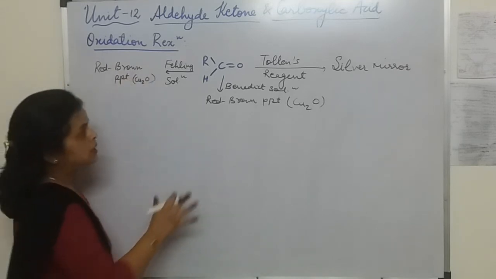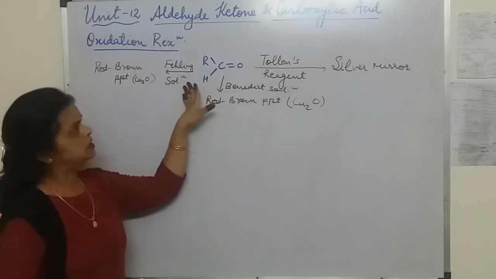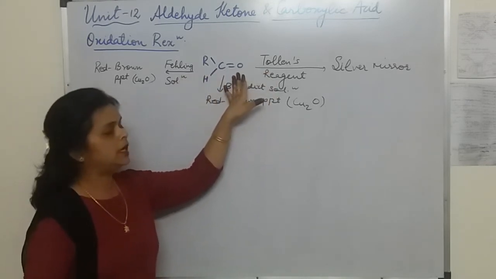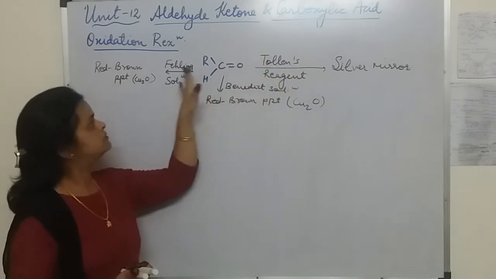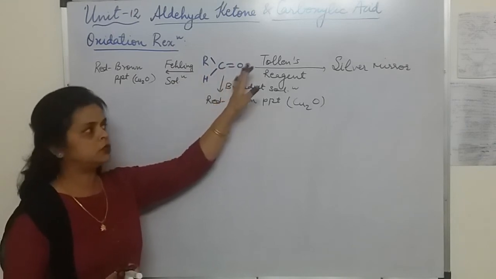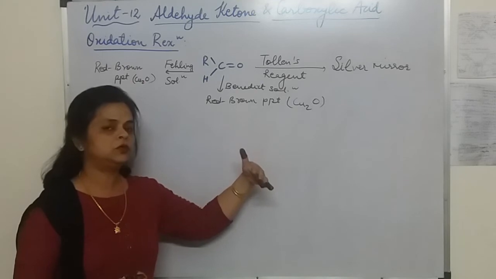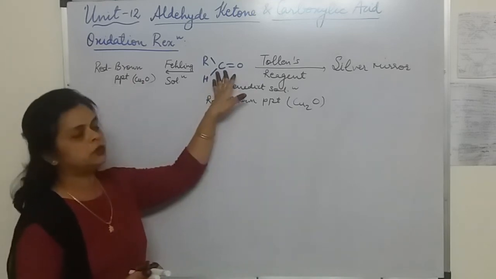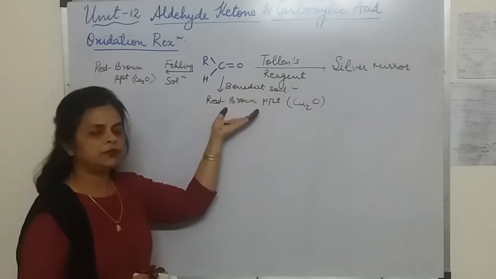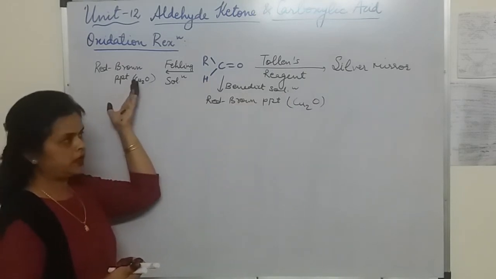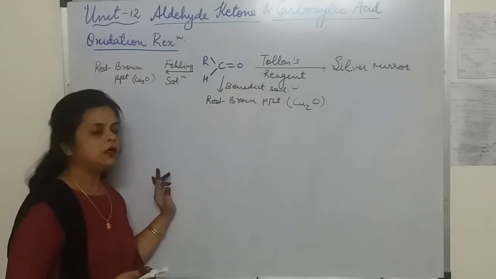Okay, now here it is important, students, that with all three reagents you can easily distinguish aldehydes from ketones. If you add Tollens reagent, Benedict solution, or Fehling solution to aldehydes, they will give the positive test, but when added to ketones they give the negative test. If it is a ketone, it will not form the silver mirror, and it will not form the reddish brown PPT here as well as here. So it is a test to distinguish between aldehyde and ketone in the laboratories.